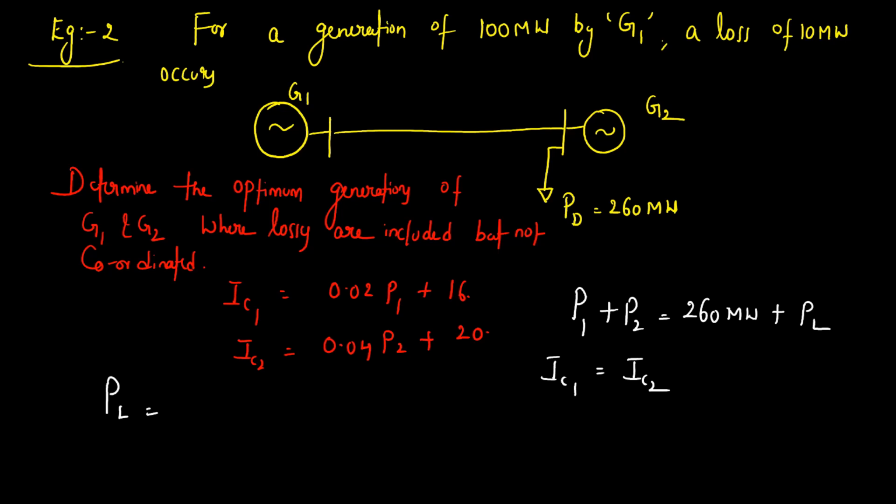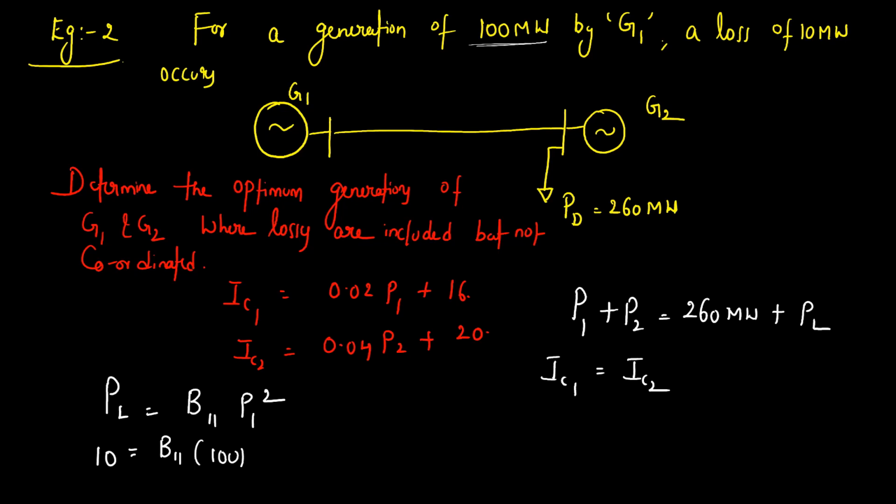PL is equal to, here it is directly connected at G2, so we can write B11 into P1 square. First, we need to get the B11 data. Why? Because we cannot fix the generation to 100 megawatt. He did not tell that it is generating 100 megawatt. He is telling for a 100 megawatt generation, the loss that is occurring is 10 megawatt. So if we keep that data, PL is equal to 10 megawatt when